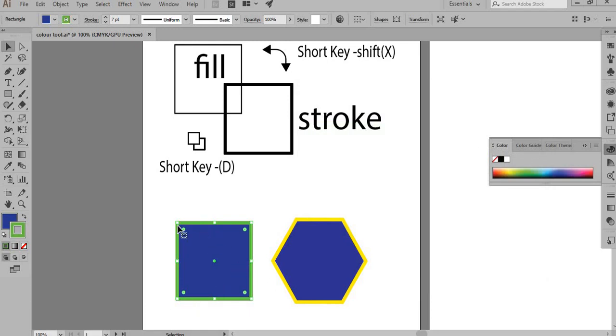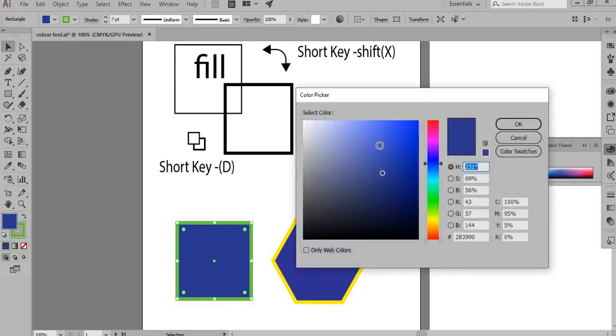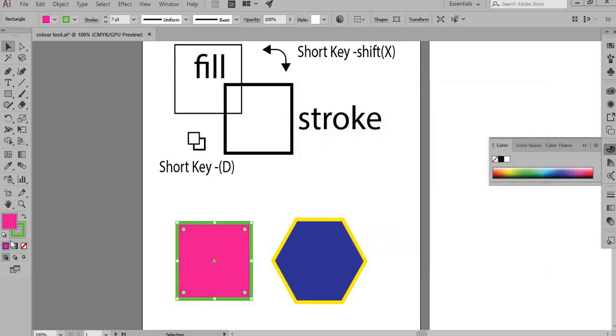The moment you click on it, there will be a change in your stroke line. Likewise, I can do the same thing with my fill. Just double click on it, click on the color and click OK. So that will be the change in this.